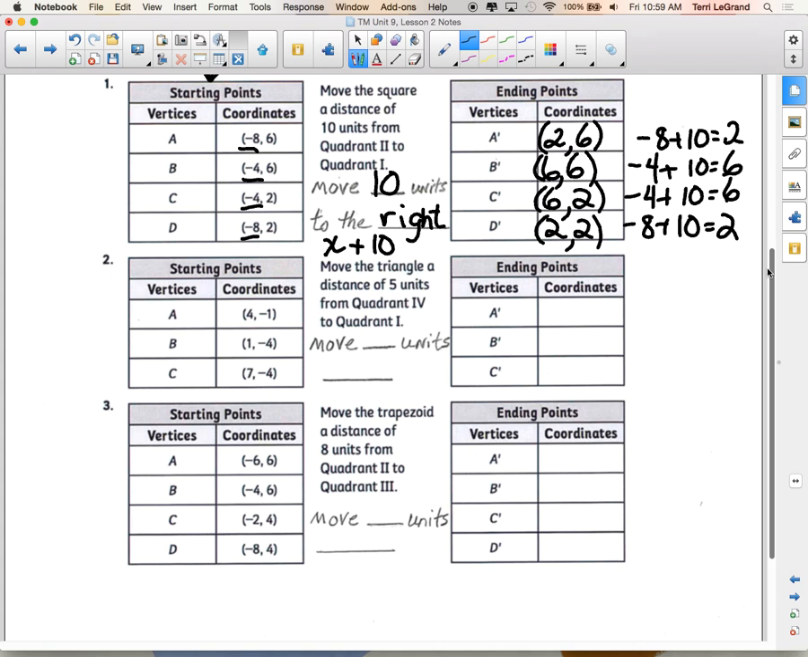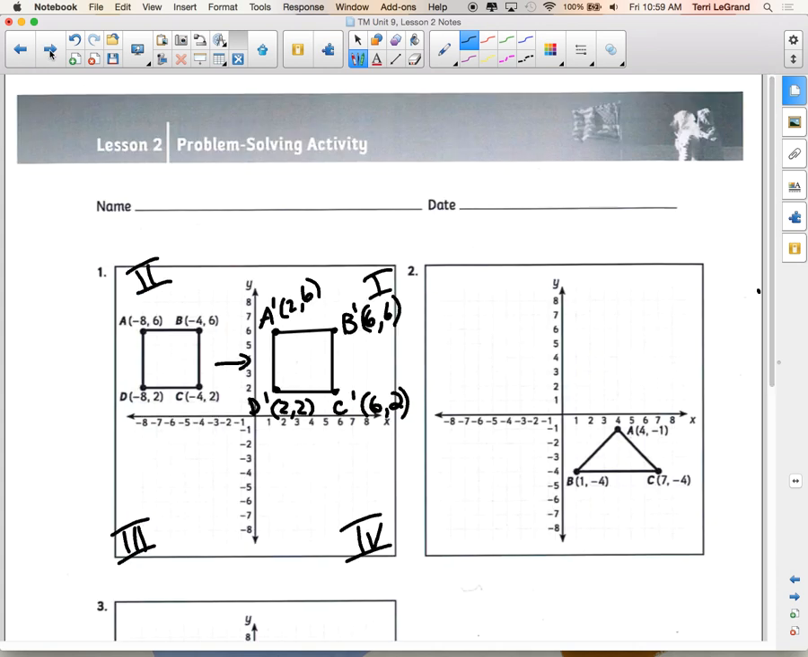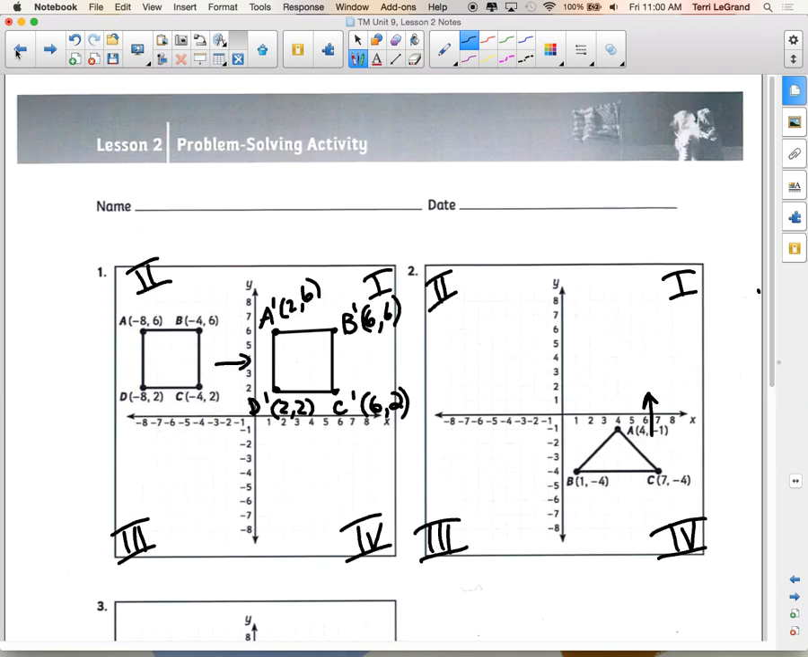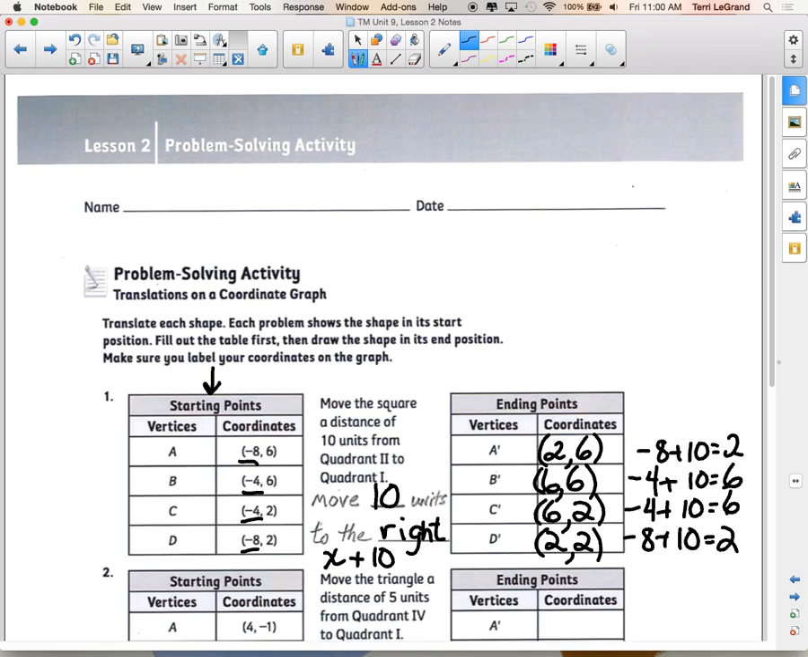Let's label the quadrants on our graph again. So 1 starts here, 2, 3, and 4. Yep, there it is in quadrant 4. And where are we supposed to move it to? Quadrant 1. Okay, so we're supposed to go up with it. It has to go from quadrant 4 to quadrant 1. Okay, if we have to go up,